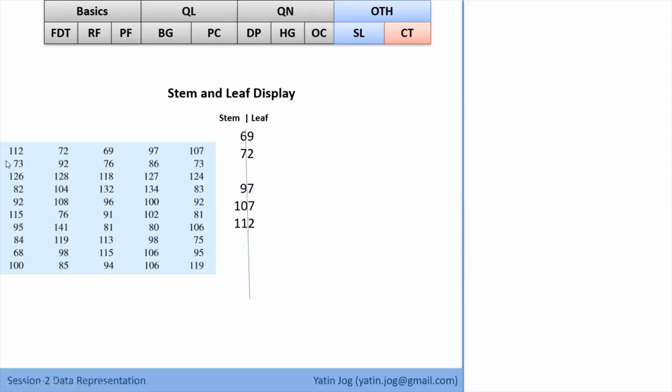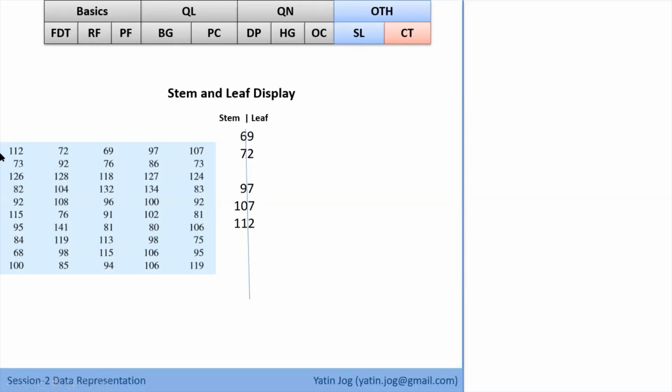So in next row, I have first value as 73. So already I have a stem of 7. So what I'll do is I'll add a leaf of 3. After 2, I'll just write down 3. That becomes a leaf of 3 for stem of 7. So I can easily recreate my original data if I know this is my stem and leaf. So the value has to be 69, 72, and if there is a 3, then it has to be 73